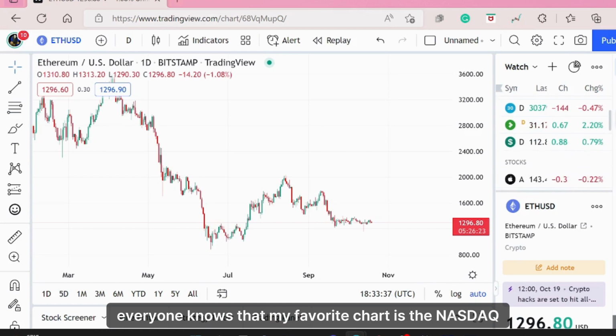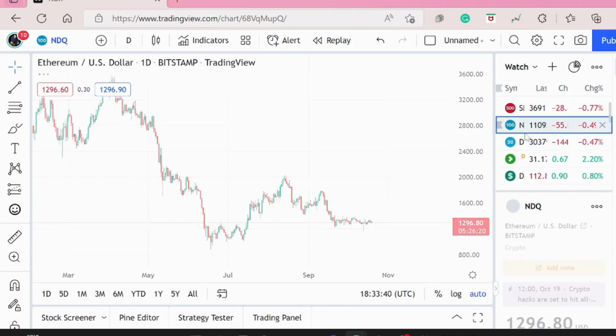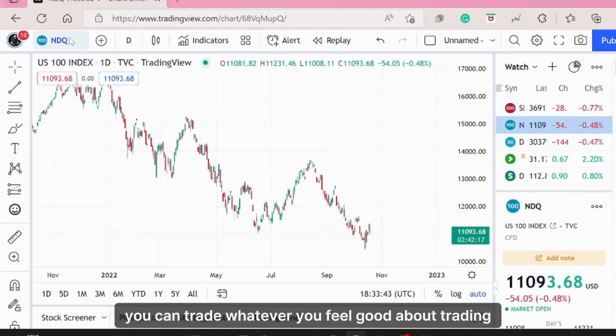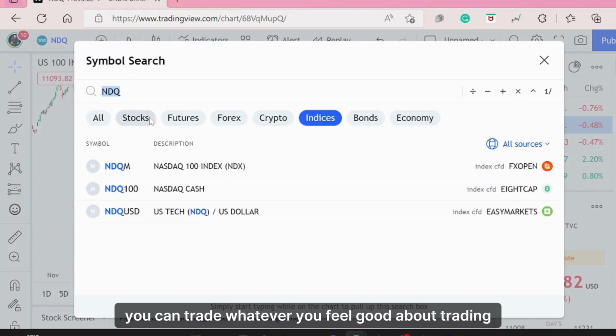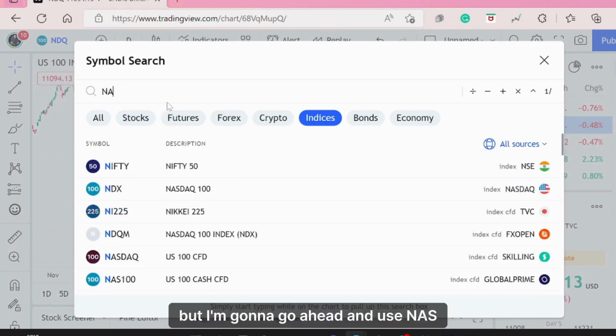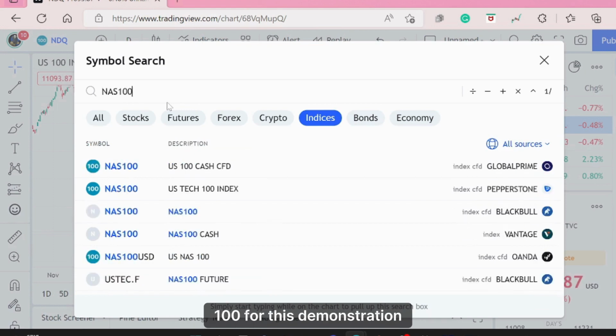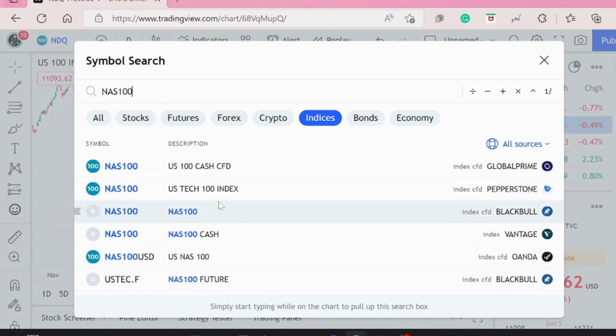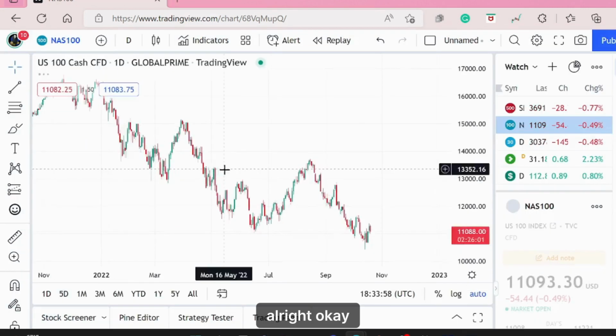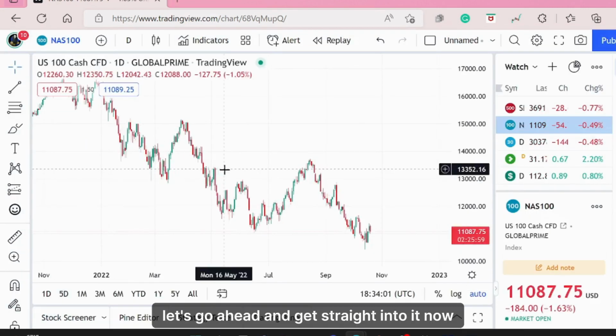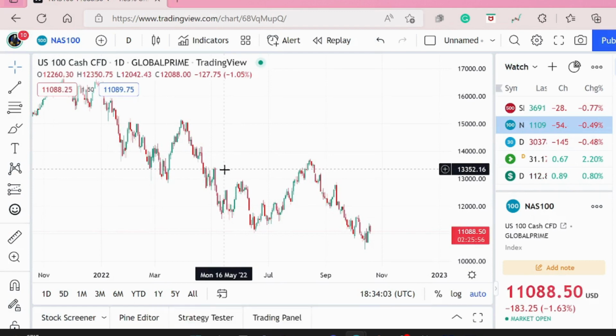So everyone knows that my favorite chart is the NASDAQ, but you can trade whatever you feel good about trading. I'm going to go ahead and use NAS 100 for this demonstration. All right. Okay. Let's go ahead and get straight into it. Now,